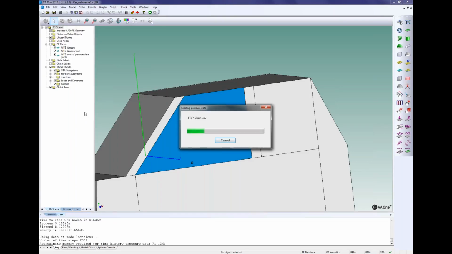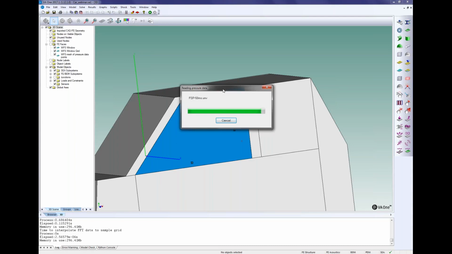So it takes about a minute for this file. It's almost finished.